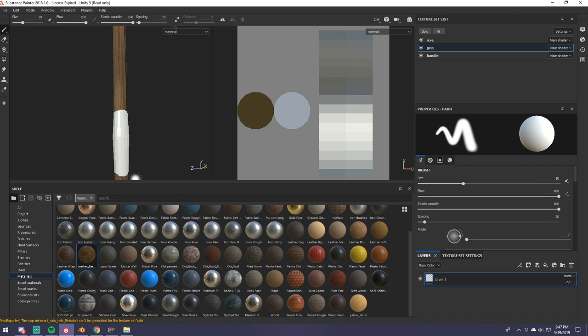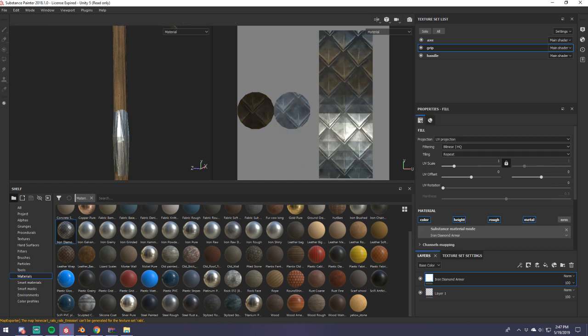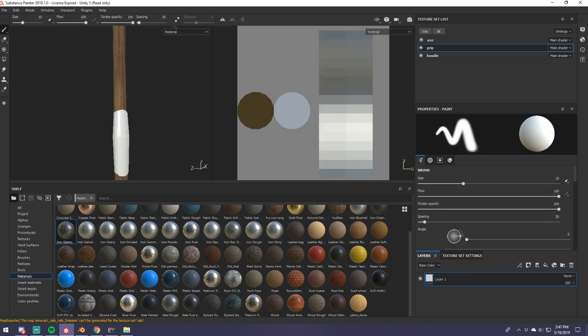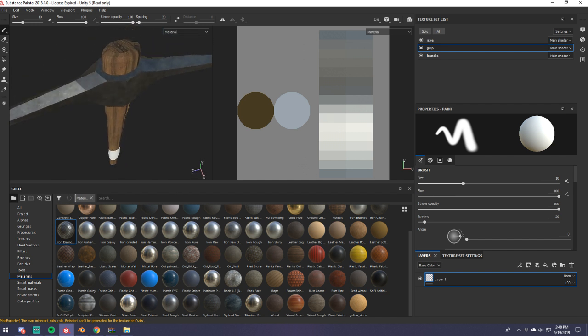I was hoping I could just drag a texture on there and you'd be good to go, but I don't think it's gonna work like that. So let me go ahead and, yeah, I think I'm just gonna come back to this model and put my own kind of like